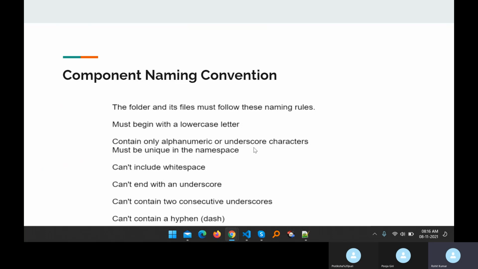So may I know about the namespace, Pratiksha and Pooja? You know about the namespace? No, sir. Okay, Pratiksha? Actually, when we deployed something in my real-time project, we got a namespace error, so we added underscore underscore and the Zipari name of the project.